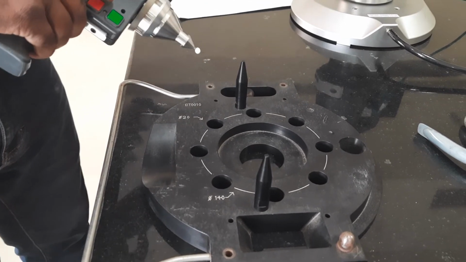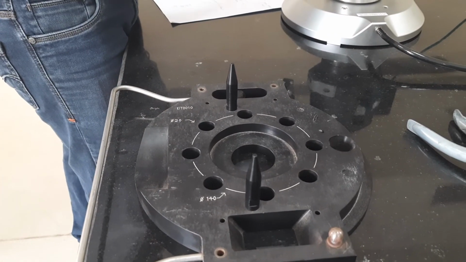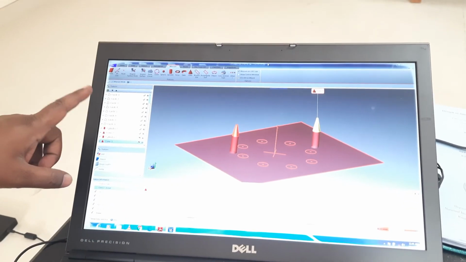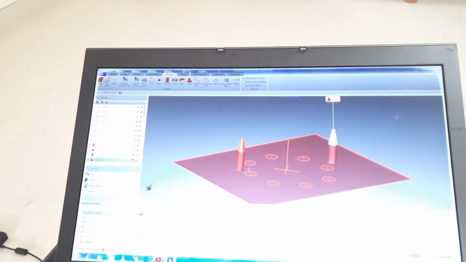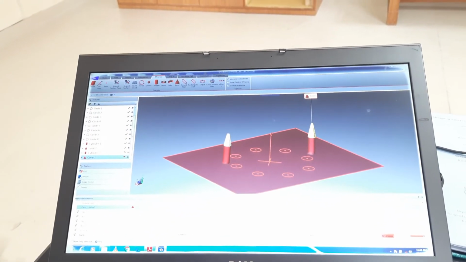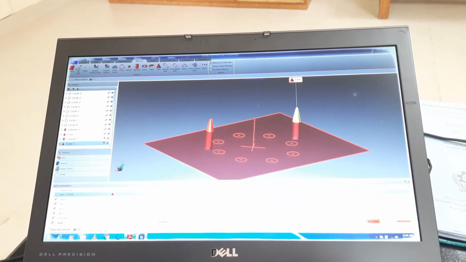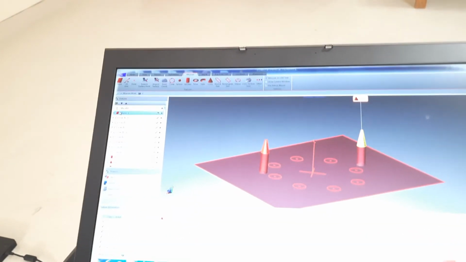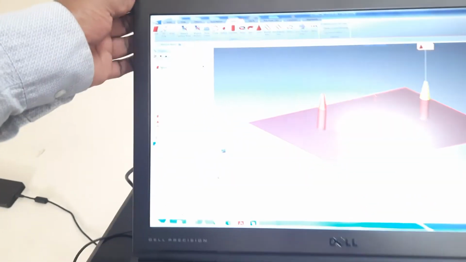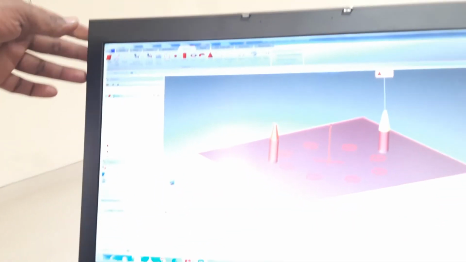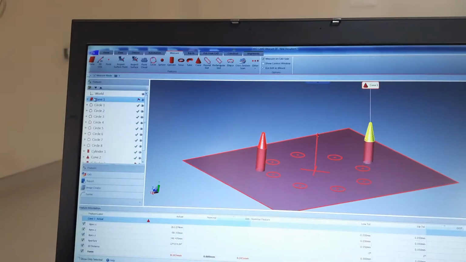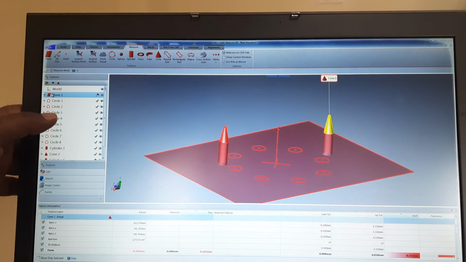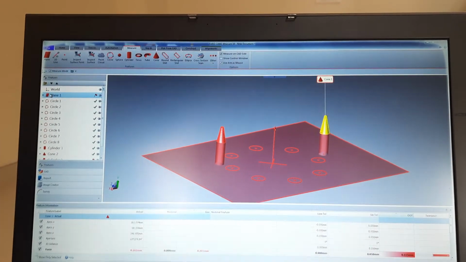Okay. In the first plane we can see that we have created 8 circles, 2 cylinders and 2 cones. See, plane 1, in plane 1, circle 1, circle 2, circle 3 up to circle 8, like that.